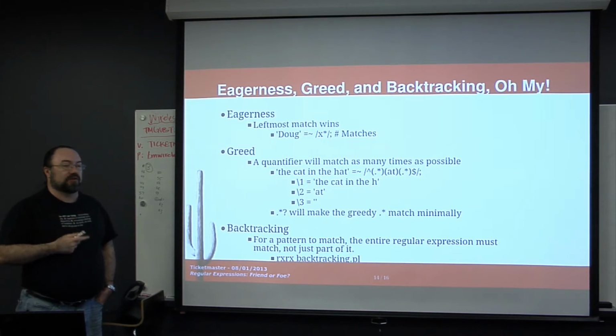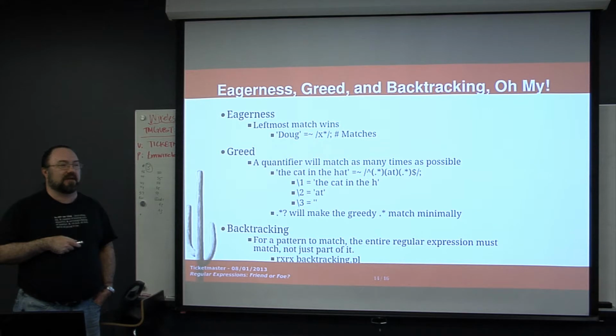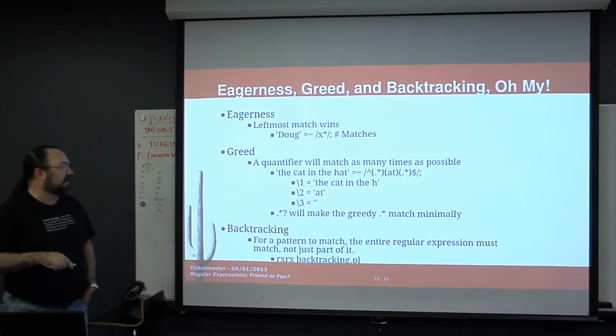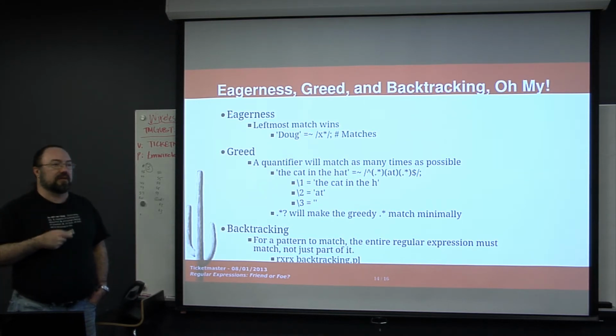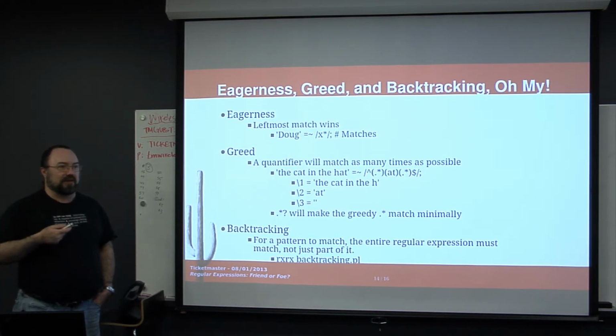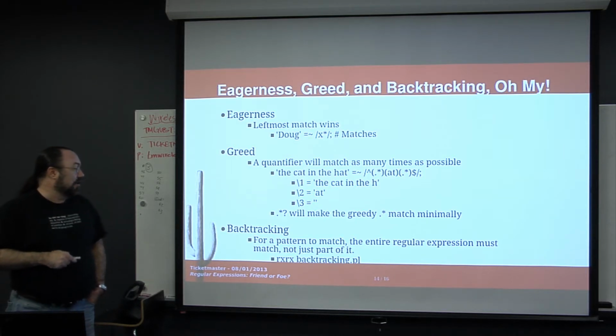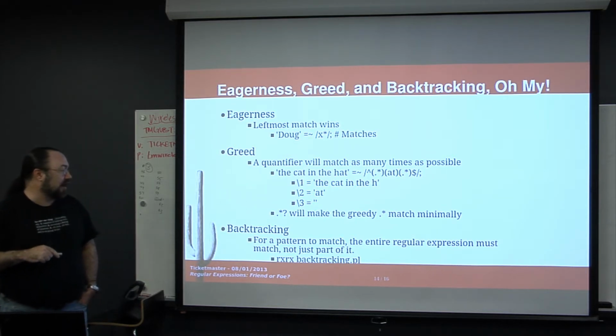And even if you understand these, they will still trip you up from time to time. They still trip me up from time to time. I throw things in there and it does something I didn't expect, then usually I look at it and I go, oh yeah, I see why I did that, and then I go back and fix it. So that's the most important part, to be able to recognize when you've done it wrong. You look at what it did and go, oh yeah, okay, I know why you did that, and then go back and fix it. Okay, the third thing is backtracking.